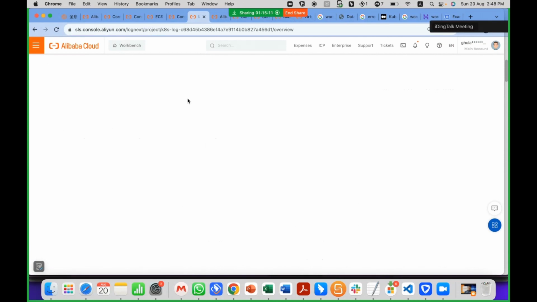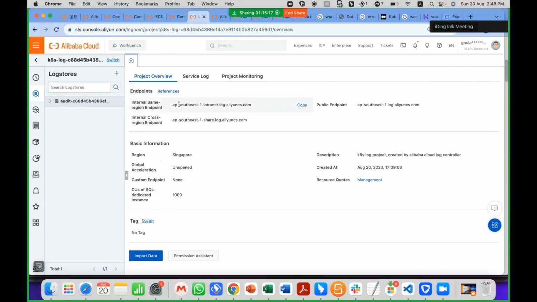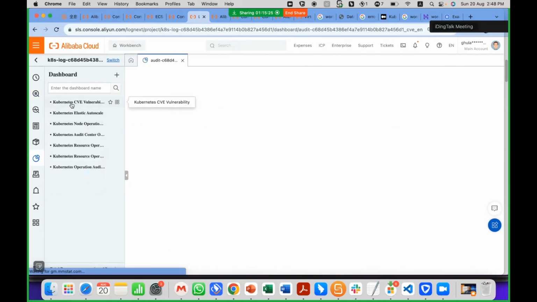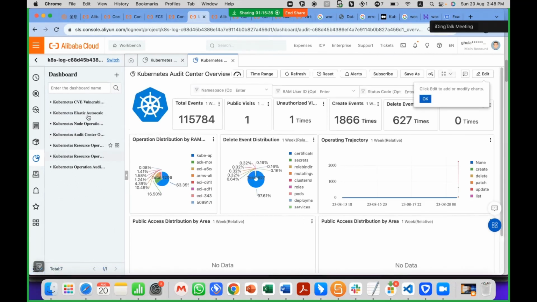Once I move ahead, you will find different types of auditing information available here. We have different types of dashboards as well, where we can configure and manage our CVE vulnerabilities. We have elastic autoscaling, node operations, audit centers. So everything, different types of options, is available under the same platform.